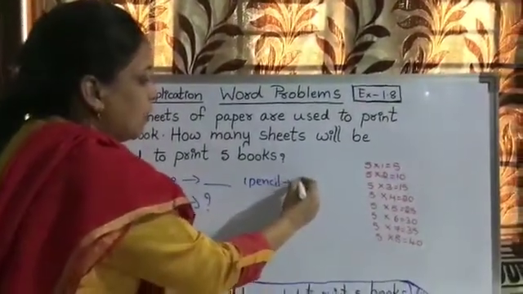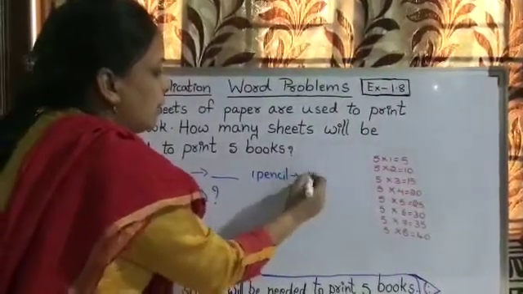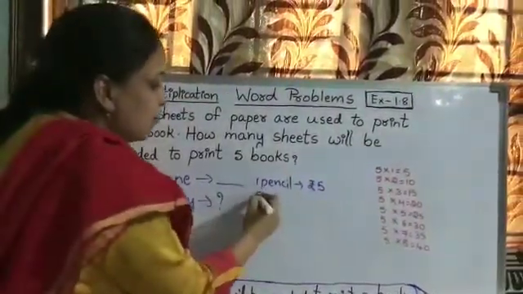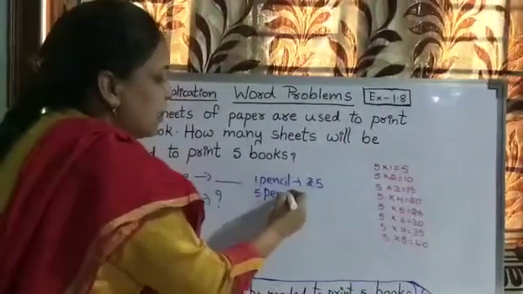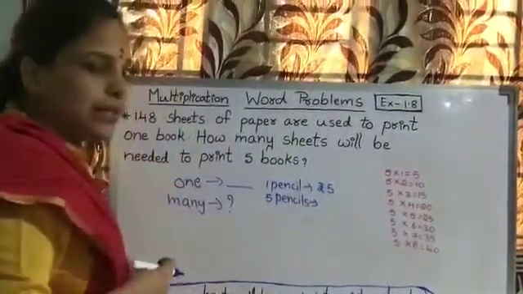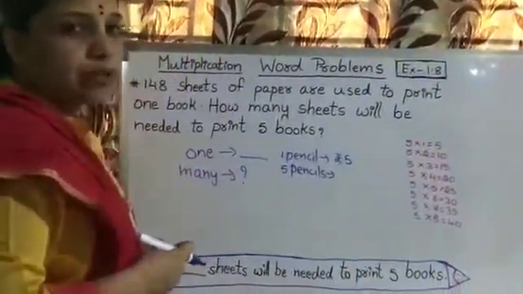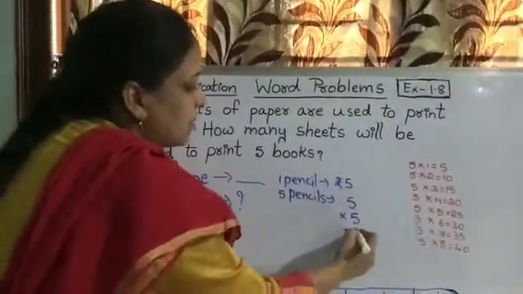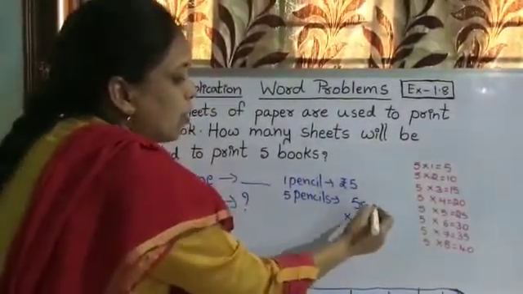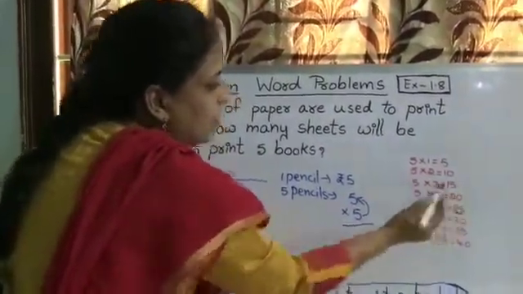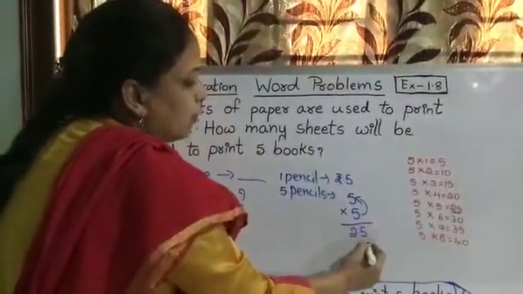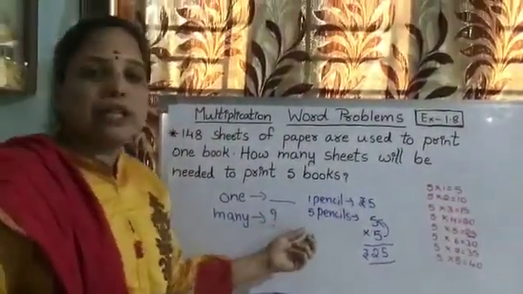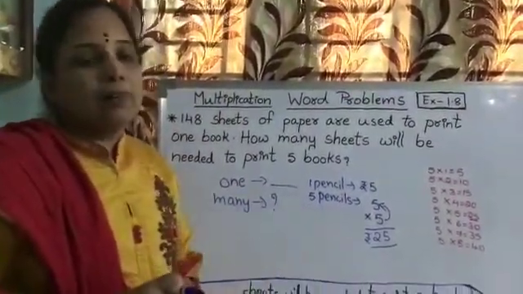For example, rupees 5. Now you have to purchase 5 pencils. So how much you have to pay, you don't know. But you can calculate easily, children, because you know 1 pencil costs 5. That is 5 into how many you want? 5 pencils. So 5 5s are how much, children? That is 25. So here you have to pay rupees 25 to the shopkeeper. In this way, multiplication helps you to solve problems.